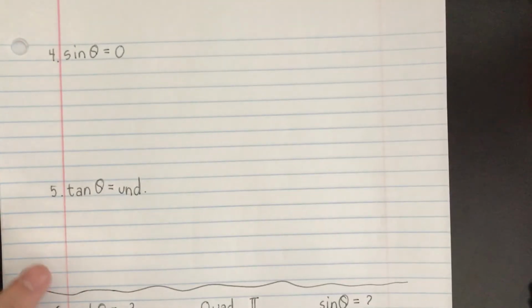All right, so let's move on now to some that may be on the unit circle. Yay, that'll help us out. So sine of theta equals 0. We're talking unit circle here when we see 0. Remember sine